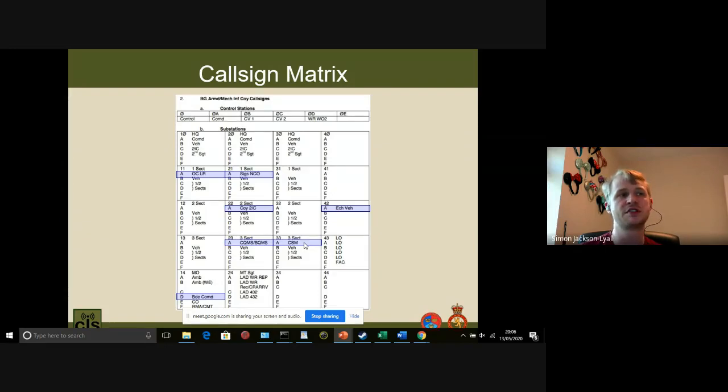Most of the time in cadets, they're a lot more simple, but I have had ones that have at least this many call signs in when I've done a full annual camp comms net. I've had multiple companies, a whole county level net running, and at which point these things do fill up quite quickly. And it might not be that all of them actually have a radio all the time, but they're all call signs that you can ask for.